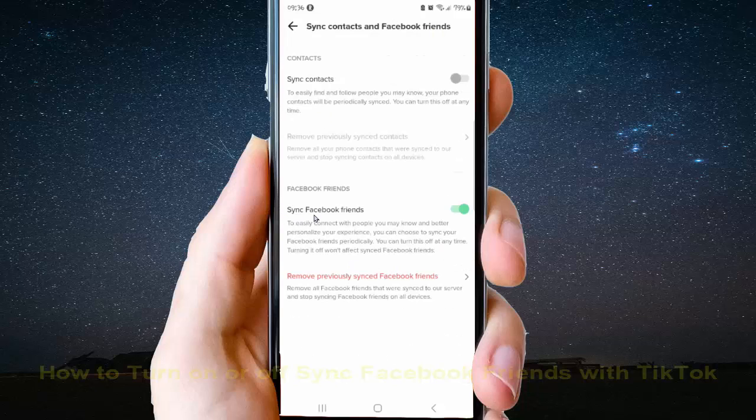And then on Sync Facebook friends, tap the switch until blue or until green to turn on, or the switch until gray to turn off. To easily connect with people you may know and better personalize your experience, you can choose to sync your Facebook friends periodically. You can turn this off at any time. Turning it off won't affect existing Facebook friends. Okay? The switch until green to turn on, or the switch until gray to turn off sync Facebook friends with